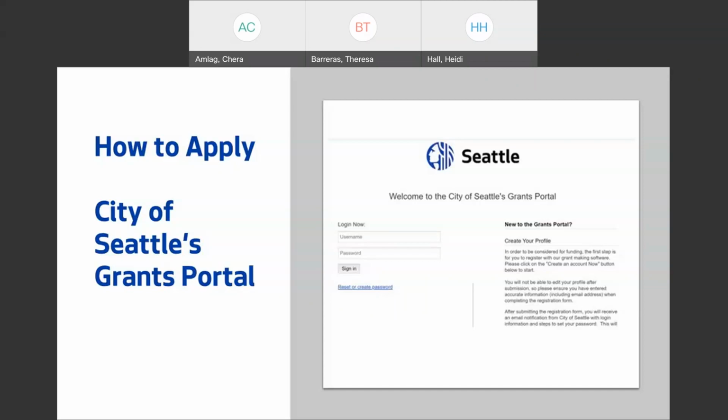You could go ahead and apply and talk about the project, and it would be more likely to get funded if it's supporting more than just one business, or the broader community or neighborhood. We will have other opportunities for individual businesses to get funding for their own projects, so stay tuned for that, but this fund is focused on broader neighborhood and community projects.